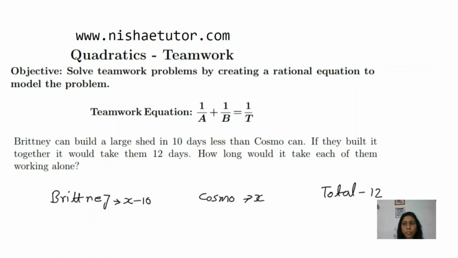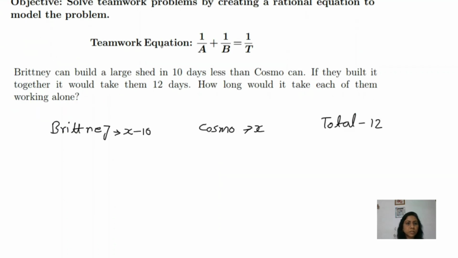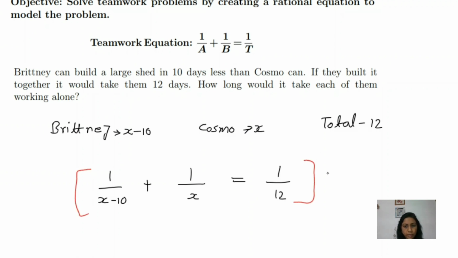Got it? Then we use this teamwork equation. So 1 upon Brittney takes x minus 10 days, so that is the a value. What is the b value here? This is x. And the total t value is 12. Here in the denominators we have x minus 10, x and 12, so the least common denominator will be 12x